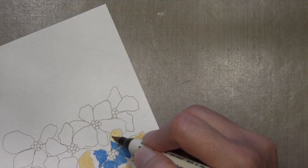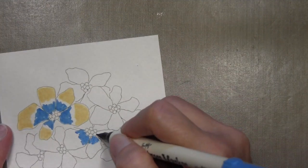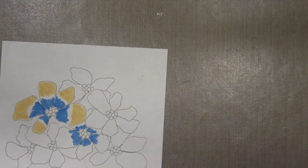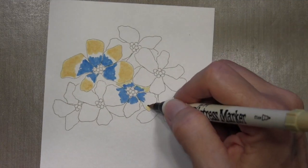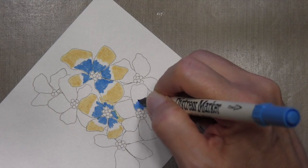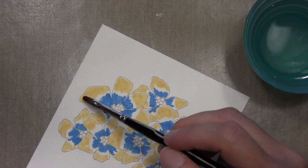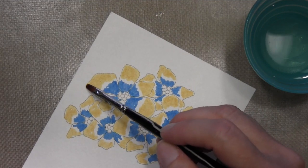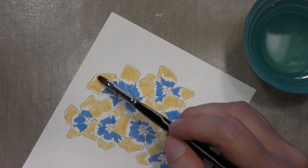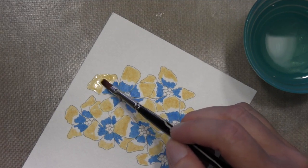And I found that this was the best way to get a nice graduated color between the 2 colors. If you get them too close together, then the colors start blending a little bit too much, and I wanted them to definitely be 2 distinct colors. So I'm going to do this on all the flowers, and then I'll take my paintbrush, dip it in some water, and what you want to do is just tap it. So I'm just tapping it on my yellow, and you want to put quite a bit of water,